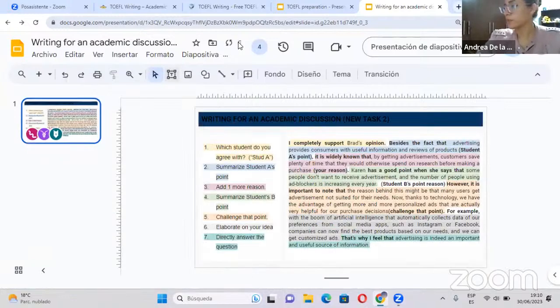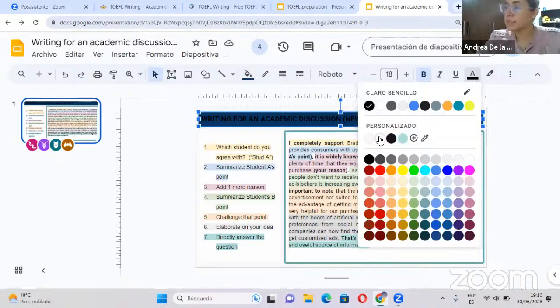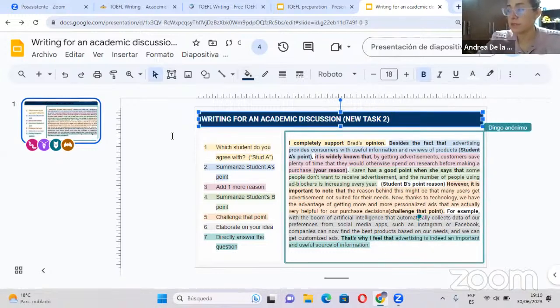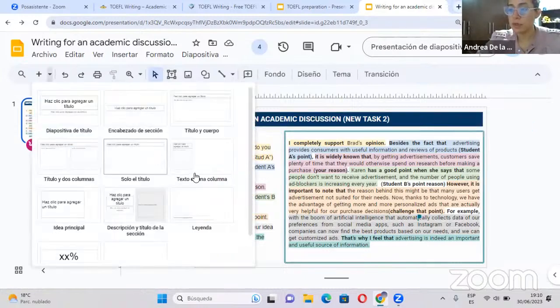Okay, guys. So in this presentation, you will find the example that we did yesterday. So you guys can take a look at it. You can see the template. Try not to change anything from this slide, please. So don't make any edits here. But what we're gonna do is we're gonna be creating a slide for each student.